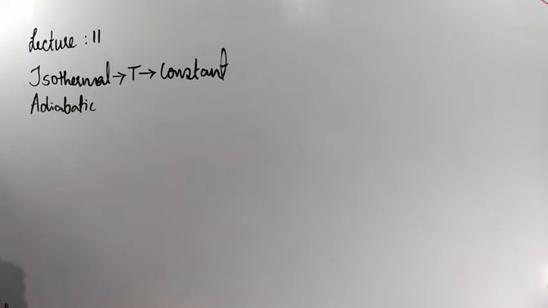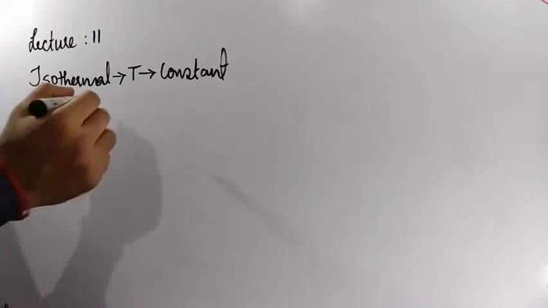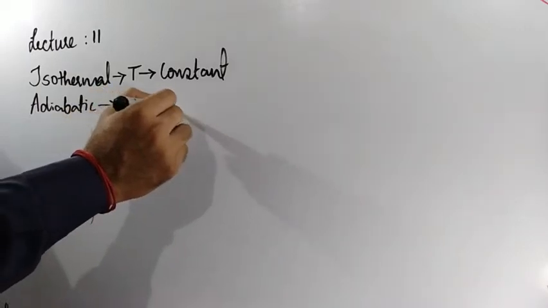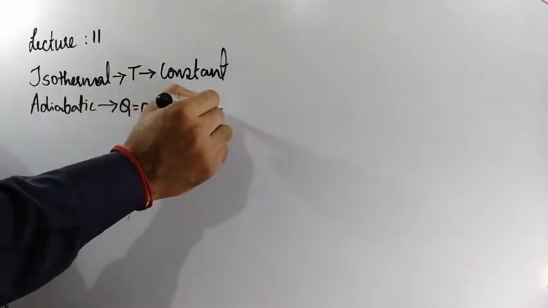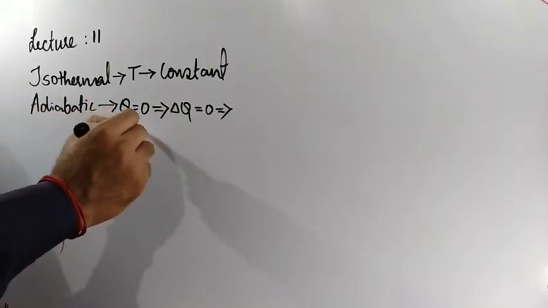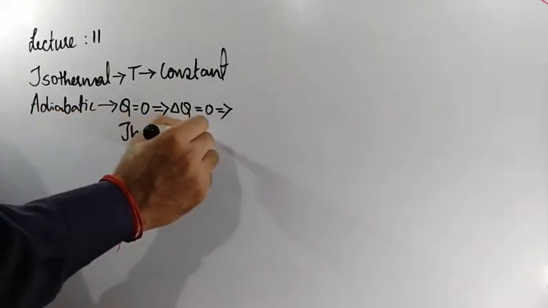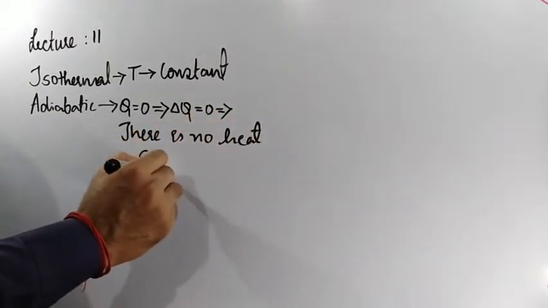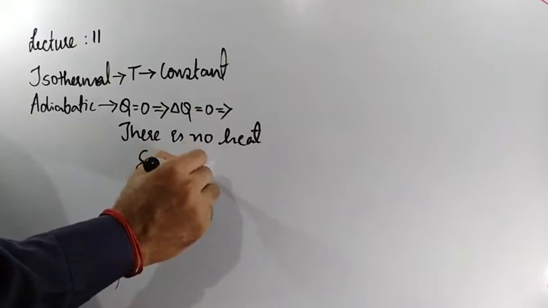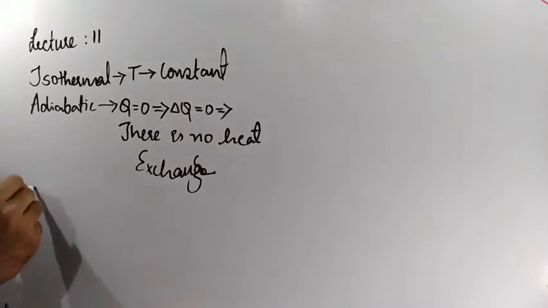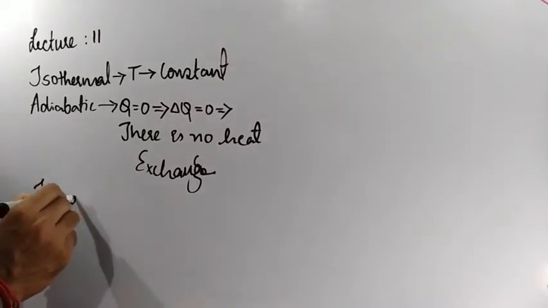In adiabatic process, what will happen? Q value will be equal to 0, or delta Q value will be equal to 0, which implies there is no heat exchange. Clear? Next, in case of isobaric process,